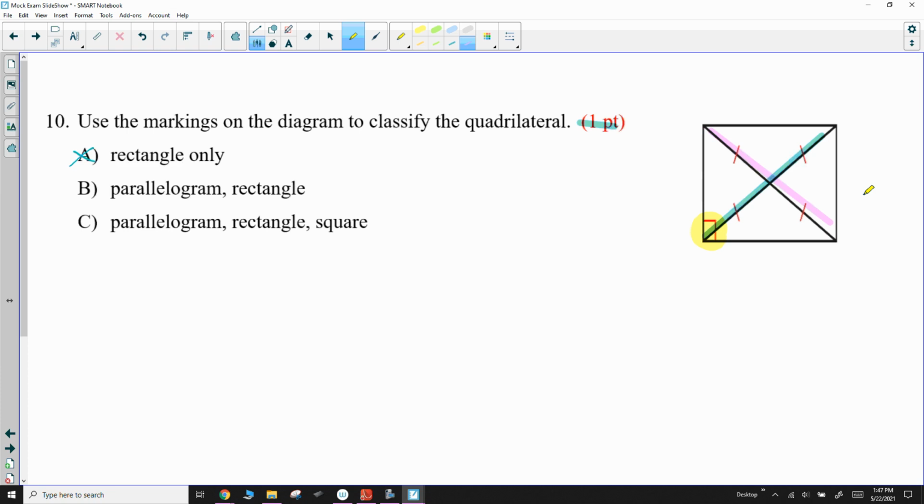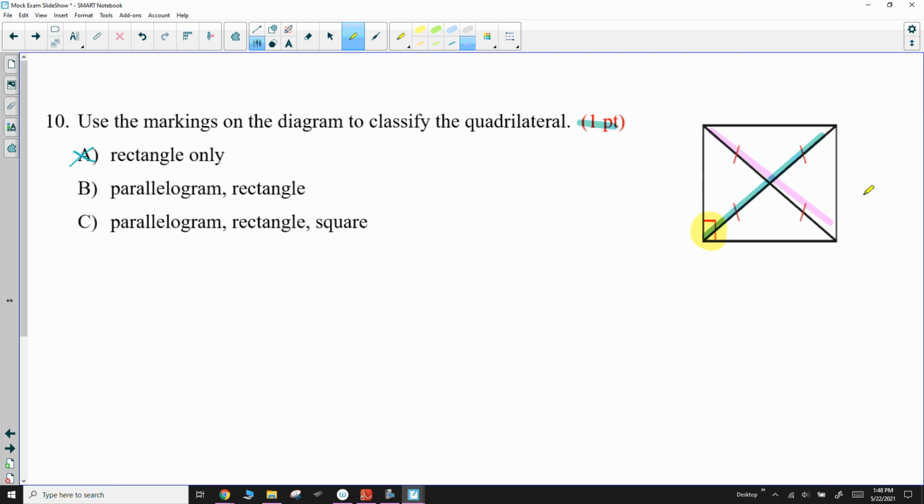Well, the definition of a rectangle is a parallelogram or quadrilateral with 4 right angles. The definition of a square is a quadrilateral with 4 right angles and 4 congruent sides. The sides are not marked congruent. Now, there are other things that it could tell me that could indicate that it's a square. Because the diagonals are perpendicular in a rhombus, and all squares are also rhombuses, and that's that family tree thing coming into play. If I knew that the diagonals were perpendicular, then I could say it's a square,